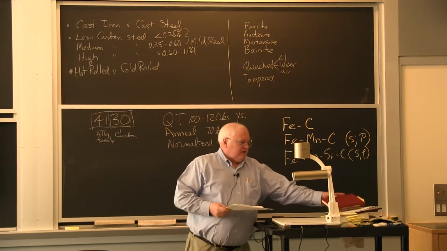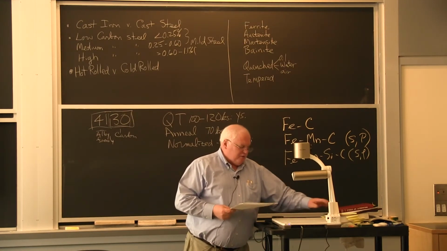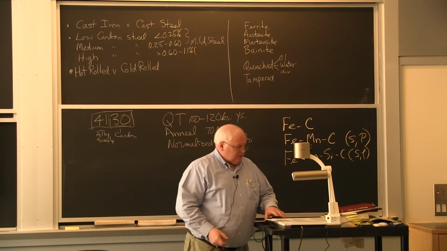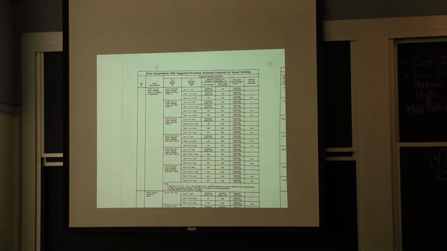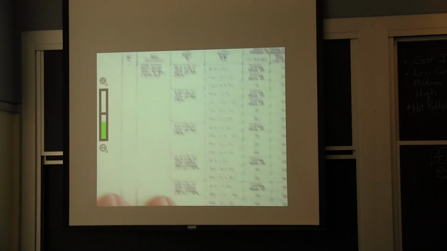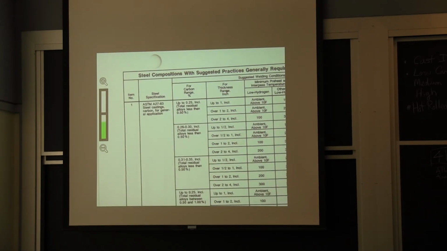And in the back, it has about 20 pages of a table. And the table looks something like this. You've got a copy of it now. There are 208 different steels in this table. I'm giving you page 1, steel composition. Well, I need to know the composition of the steel. I need to know the carbon range, the thickness range. These are the first 2 things I need to know. Then it will tell me,